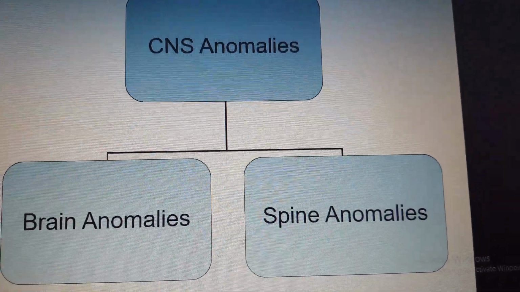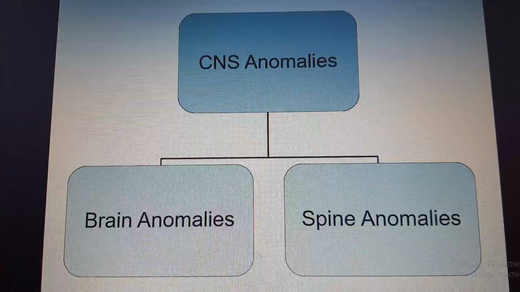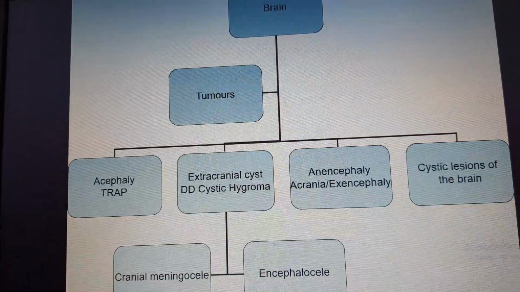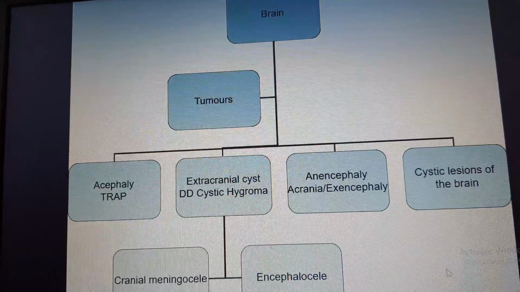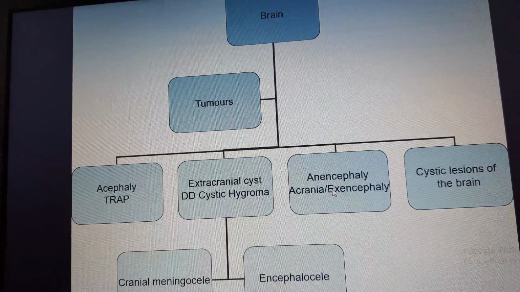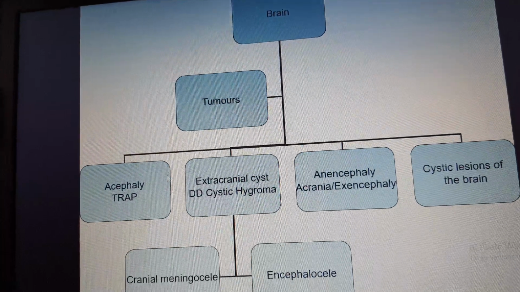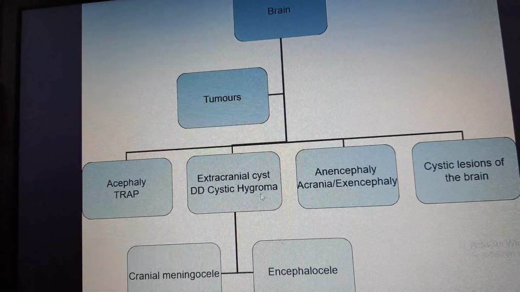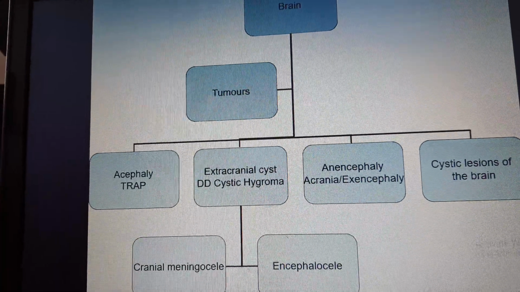CNS anomalies, or central nervous system anomalies, and how to diagnose them prenatally by ultrasound. At first, we should think of the brain anomalies or the spine anomalies. The brain anomalies can be cystic lesions inside the brain, can be anencephaly, or acrania, or exencephaly, can be extracranial cysts, to find some extracranial cysts, and the most common differential diagnosis for these are the cystic hygroma,